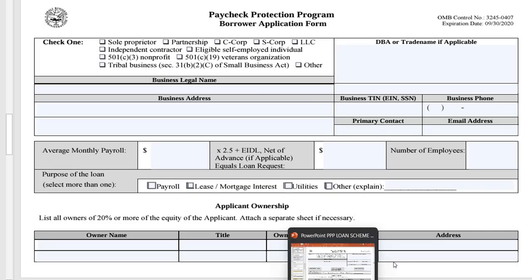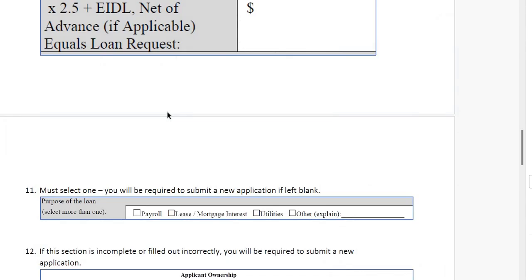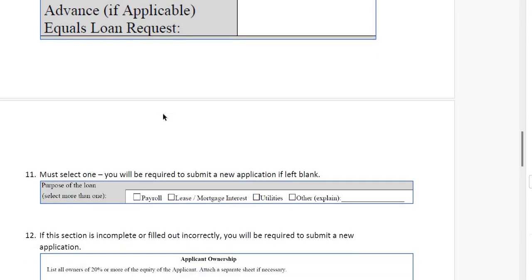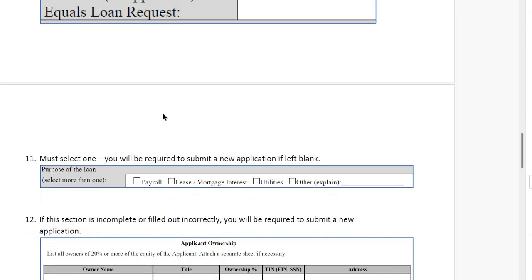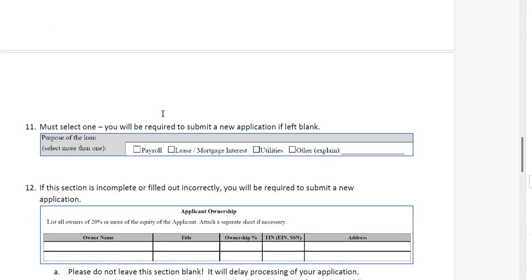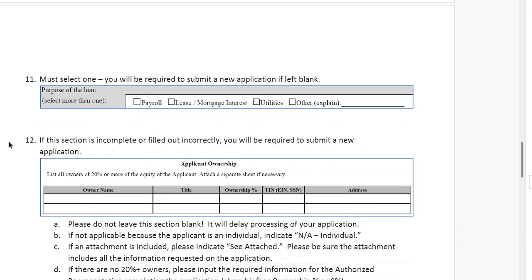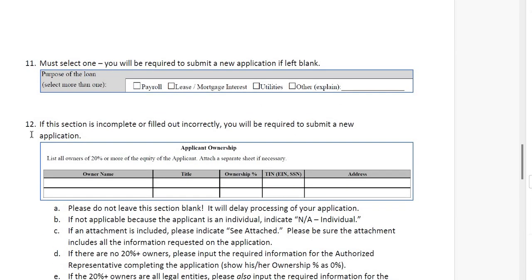The SBA's instruction guide does nothing to help the borrower or even assist a bank or other lender in knowing what the borrower is supposed to place there. It just leaves it open to guessing. Thanks, SBA. If we go further down into the instruction guide, page 11, number 12,